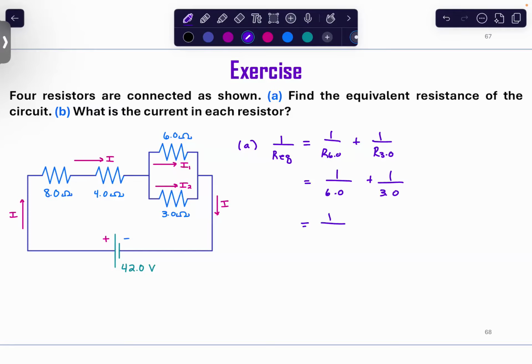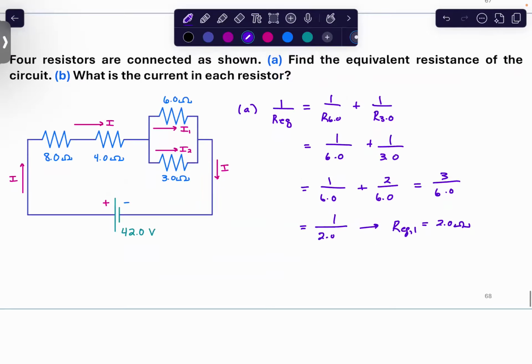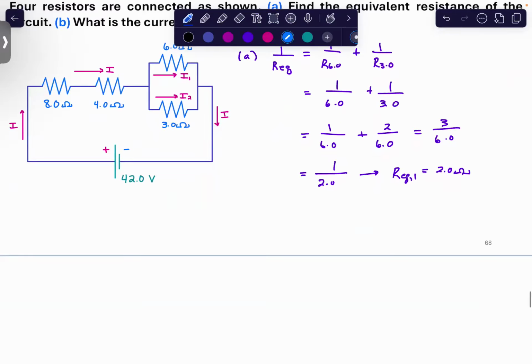Yeah, let's see, that's 1 over 6 plus 2 over 6. Okay, so we have 2.0 for that if we combine that parallel section. So then what that's going to give us